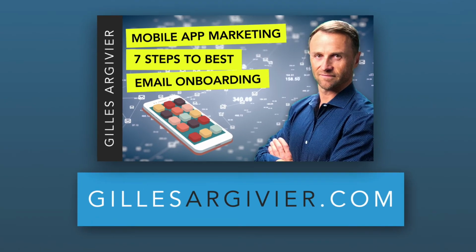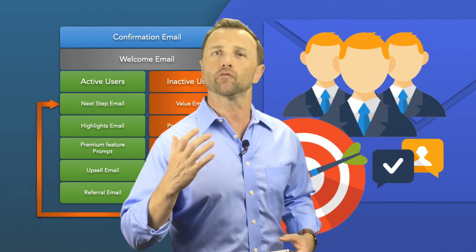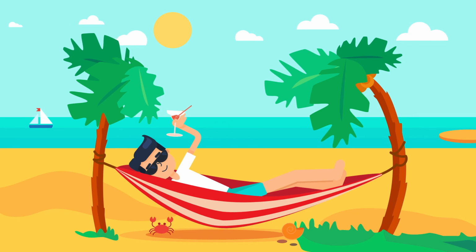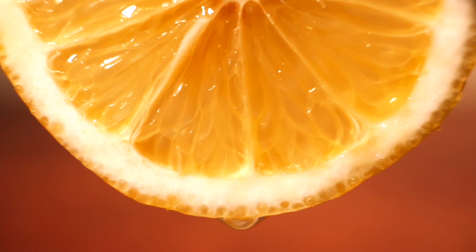So following one of my previous videos, you proudly assembled your first email flow to nurture at will both your new users and returning customers alike. And you can now sit back, relax, and enjoy the sales of your mobile app. Or can you? You see, your app might be good, your nurturing email flows might appear sufficient, but how do you make sure you've squeezed all the benefits out of the exercise?